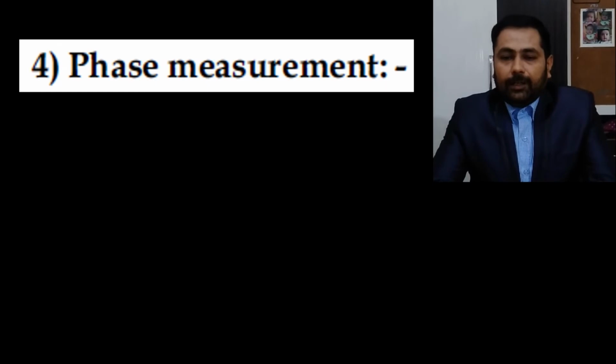Now the third thing we can measure is phase. Here also we use the indirect method for phase measurement. The unknown signals are applied to the x-axis and y-axis. Two signals, one to the y input and another to the x input, have their phases compared. By knowing that value we can get the phase measurement.